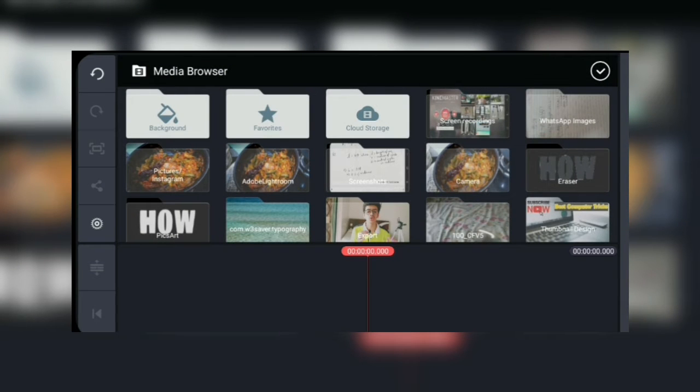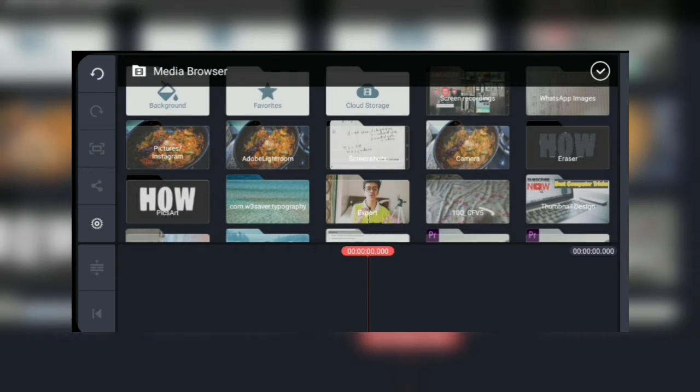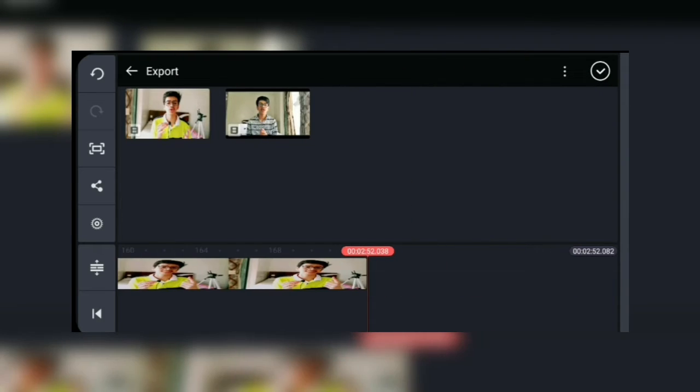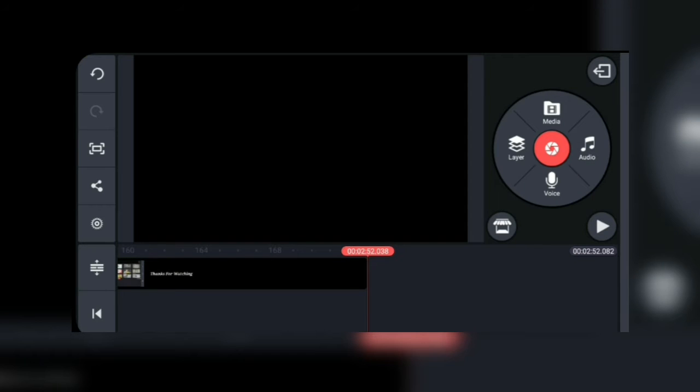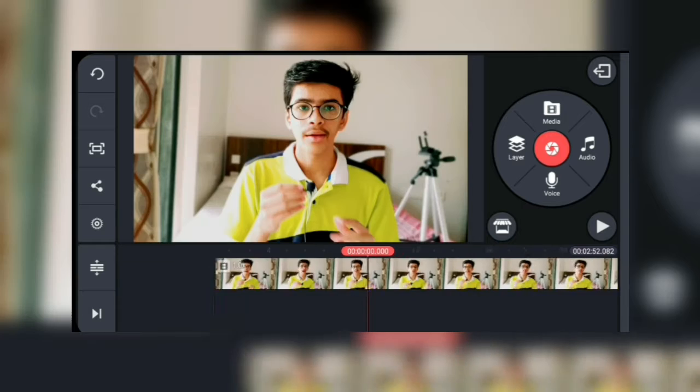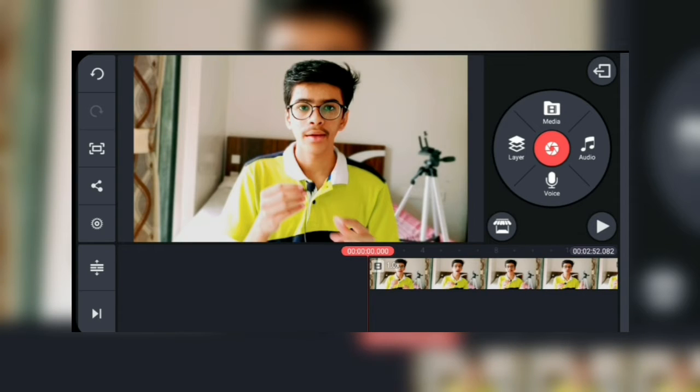So now let me import a video to show you some more tips. Let me import this video and click on take. Now here comes the second tip, and it is very easy, but most of the YouTubers again ignore it. As you can see over here, there is an arrow pointing leftward. As we click on that arrow, you saw what happened.